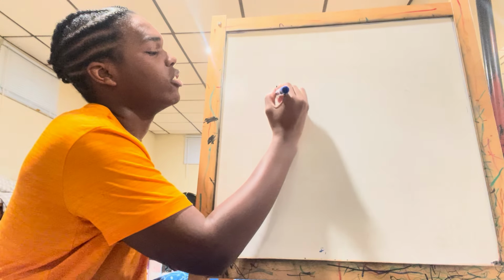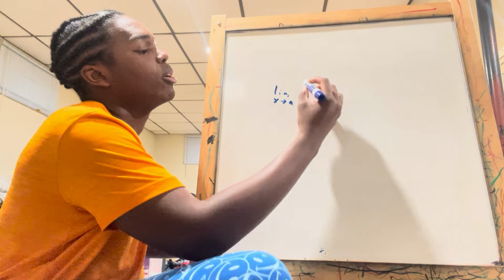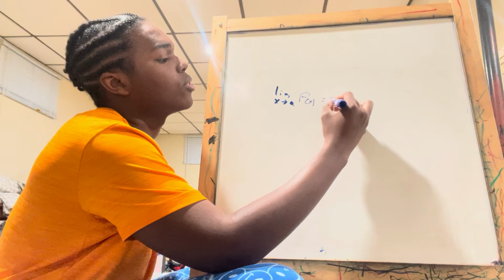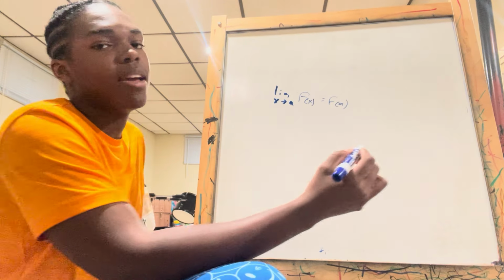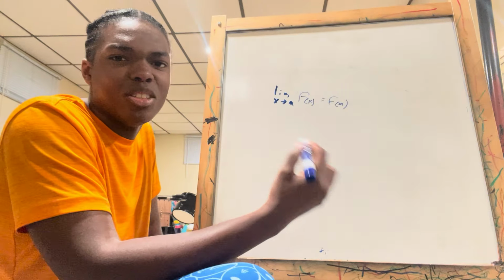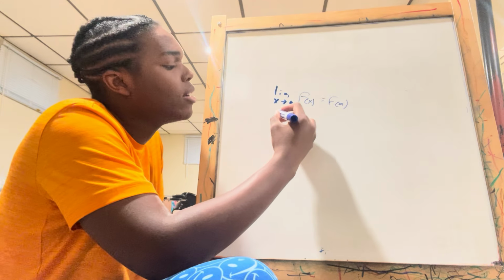Now, limits you might have seen a lot, which is just expressed as the limit as x approaches some number a of f of x, equals that function at a. Now, you'd ask yourself, why would anyone use this? Now, the reason is because